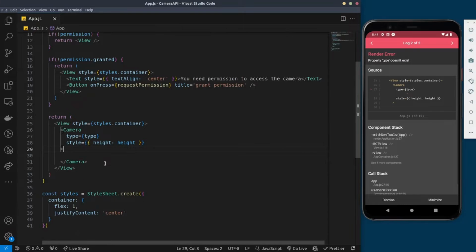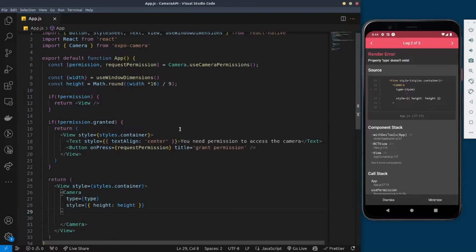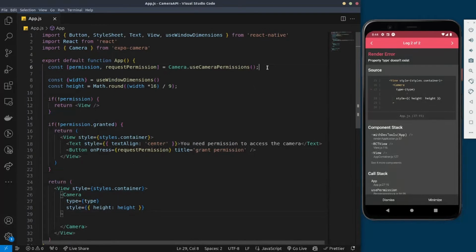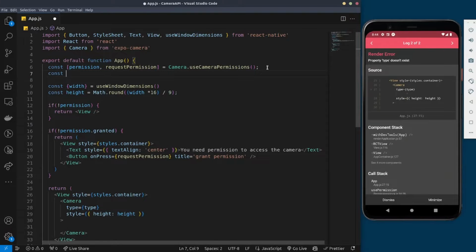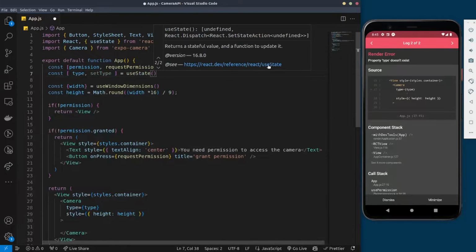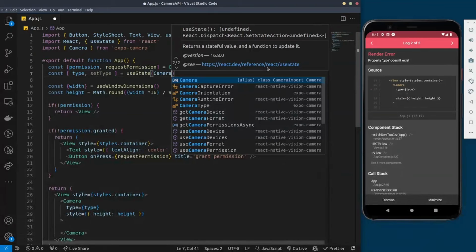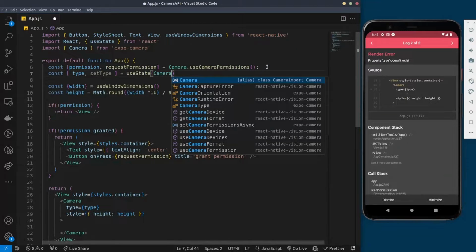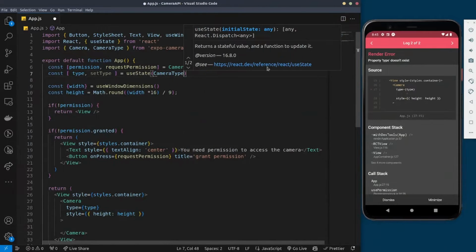So once that is set, it says type is not defined, so we'll come up here and we'll say const type and set type. We'll set that to a useState. And in here we'll set the state to be camera type dot